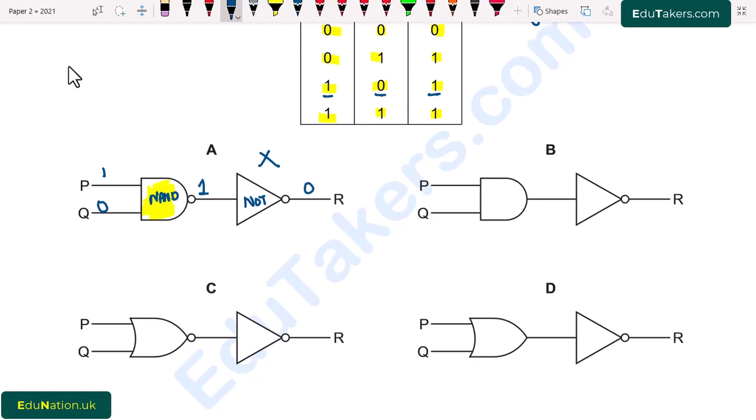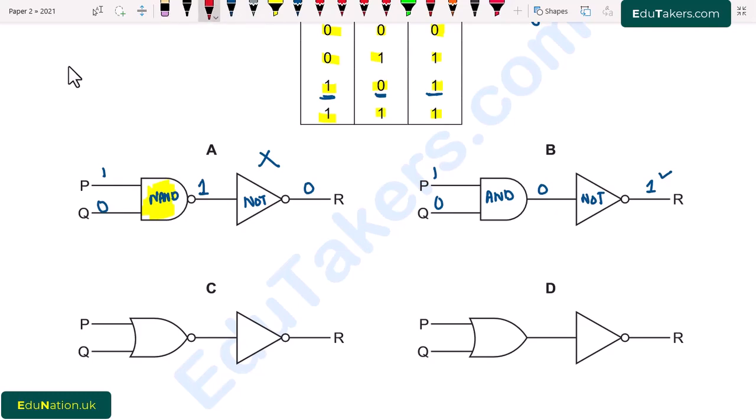We see the second one. So second is, if I consider here again 1 and 0, then this is AND gate. In the AND gate, when both of the inputs are high, the output will be high. Otherwise, the output will be low. So here the output will be 0. And next is NOT gate. 0 changes into 1 by the application of NOT gate. So we check again the third combination. It is 1 and 0. The output is 1. So this condition is correct.